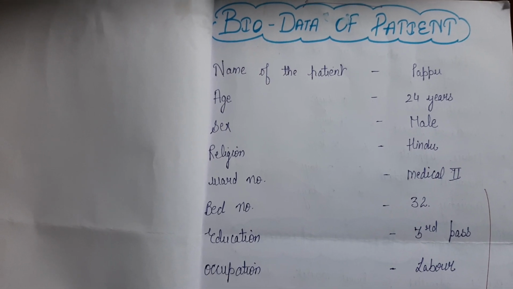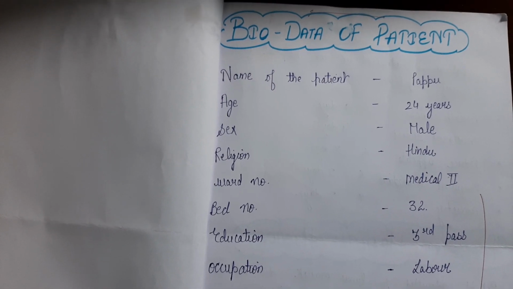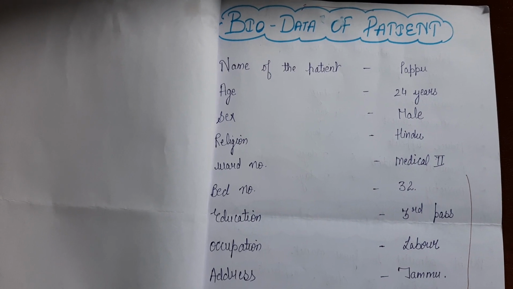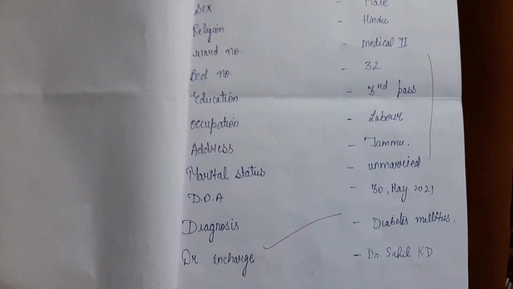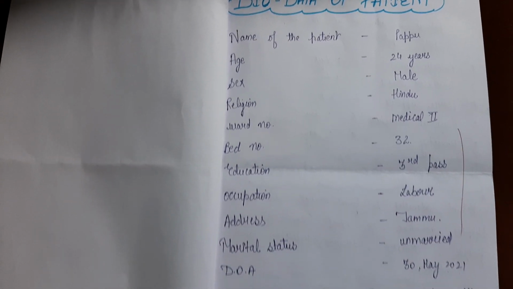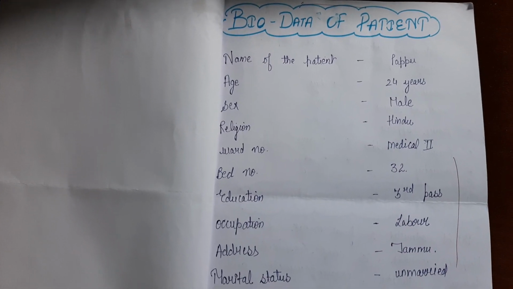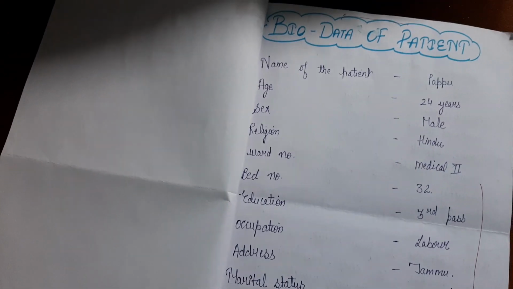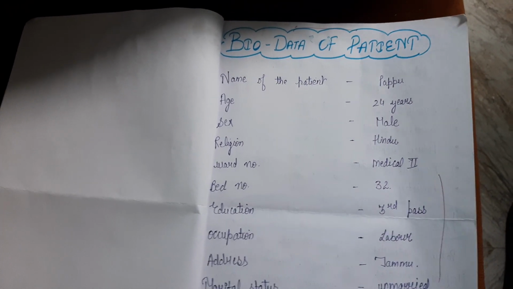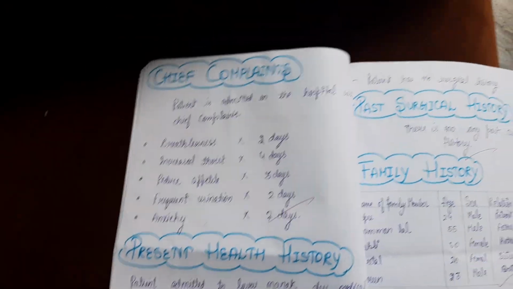in our body. So here we can start from the biodata of the patient, as we already did in our previous videos. So here we conduct the biodata of the patient. Here you are able to see the biodata. I'm not going to guide you through each and every point because I already gave you the knowledge and instructed you about each and every point. So after noting down the biodata of the patient, come to the chief complaints.